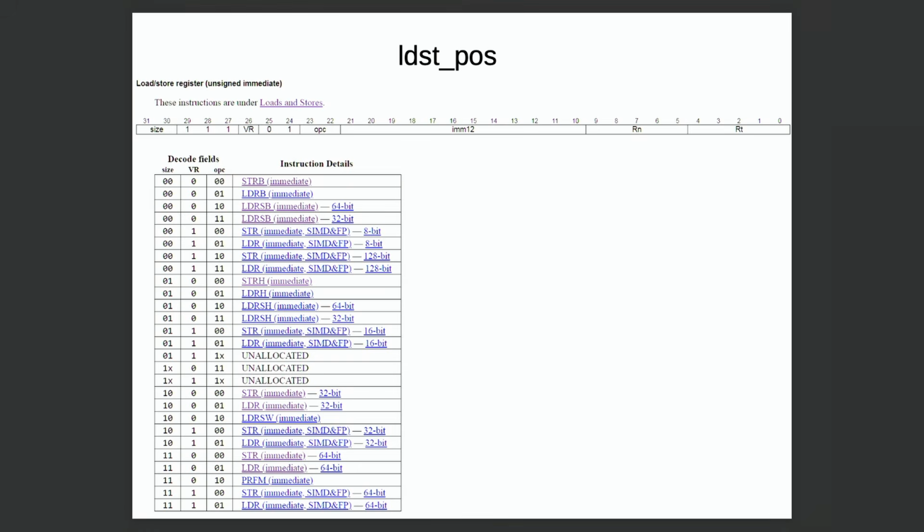So here's an example of a group, the LDST_pos group. And those are the list of instructions it generates. And if you look at the bit pattern at the top, some of the bits are fixed and some are variable. And with the fixed bits, that sort of defines the group. And if you'll notice, none of those bits line up on hex boundaries, which makes working with the hex numbers,